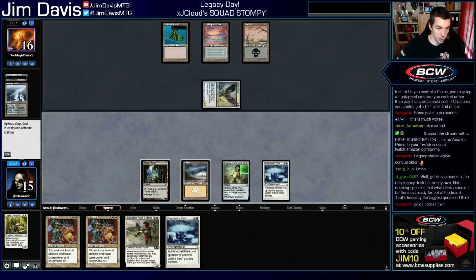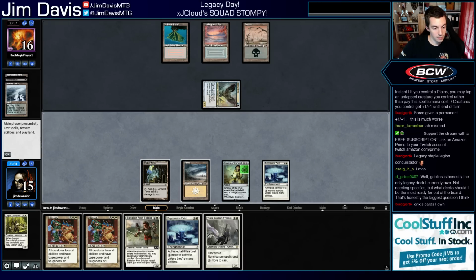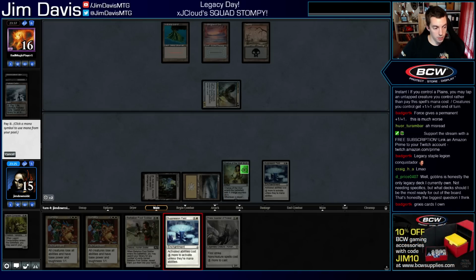This is definitely Kolaghan's Command. That sucks. Boy. I mean, resolve a second Field, they'll never activate a planeswalker ever. You're dying here, but...